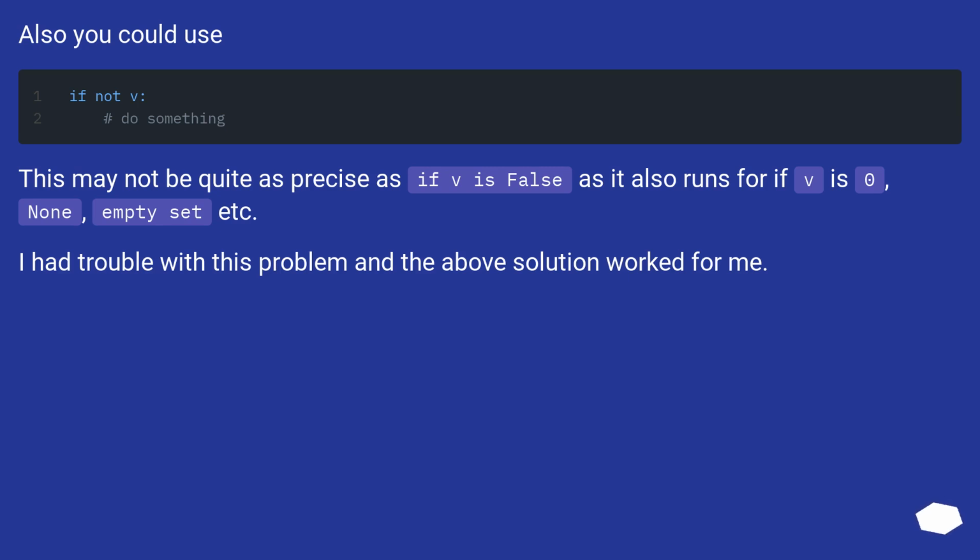Also you could use this. This may not be quite as precise as if v is false, as it also runs for if v is 0, None, empty set, etc. I had trouble with this problem and the above solution worked for me. If you're not told to